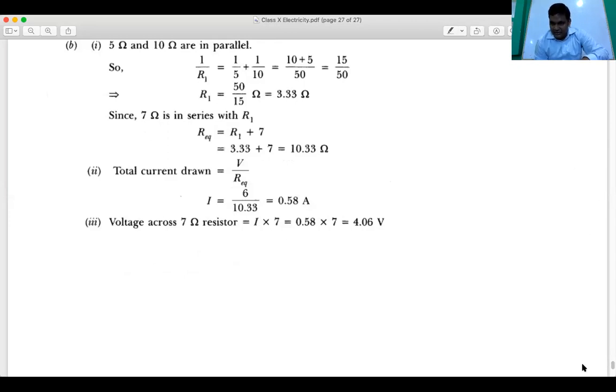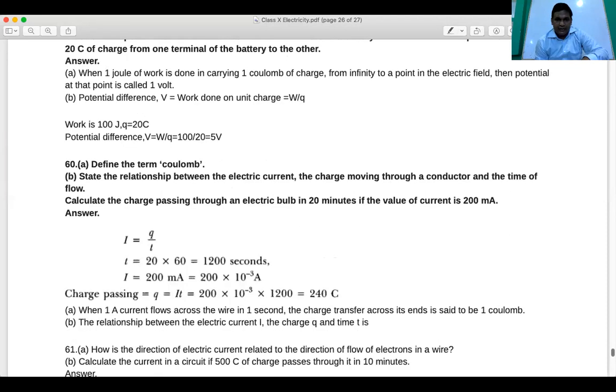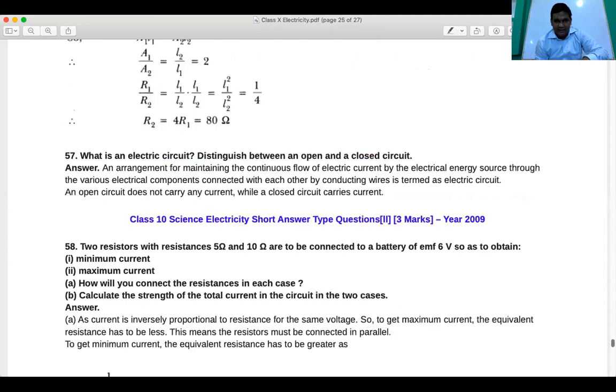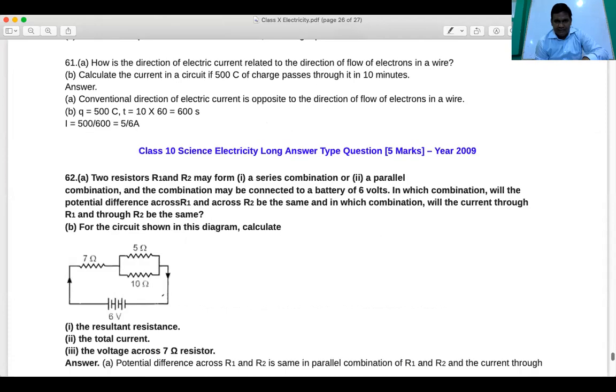Okay. Coming to the questions. I will discuss some questions that are of 5 marks. Generally, there are 5 marks. So this is a 3-mark question, and this is a 5-mark question. I'm going to discuss this question, which is visible on your screen. First I'm just going to explain what this question is saying. Then we'll solve this question.